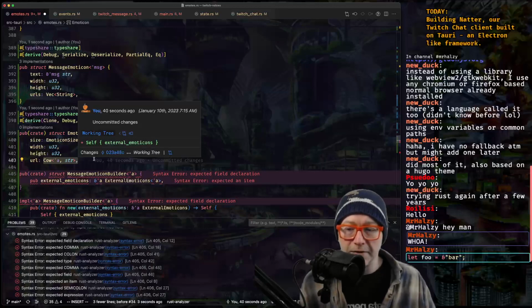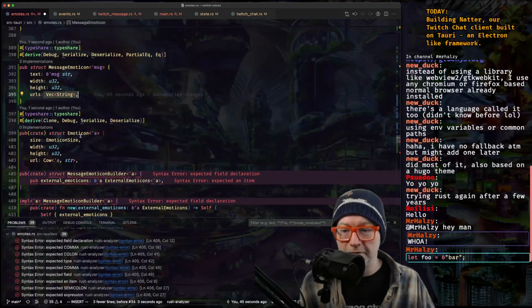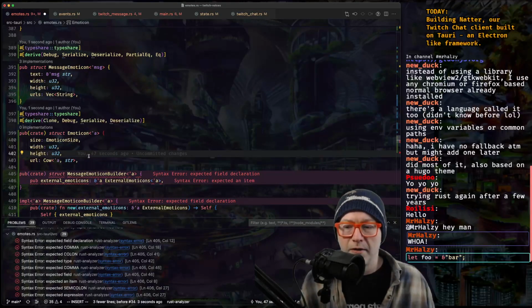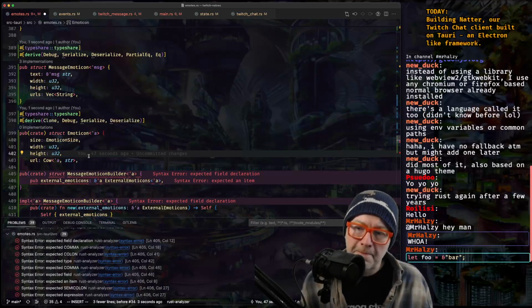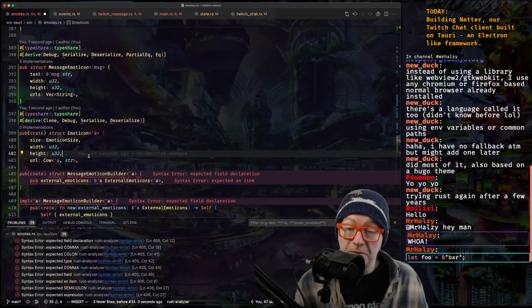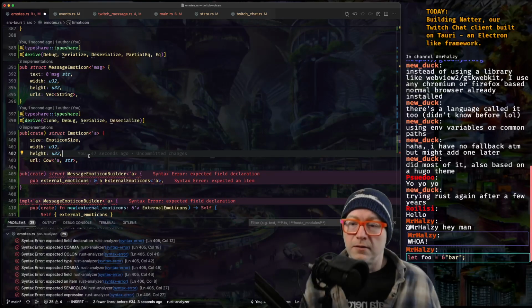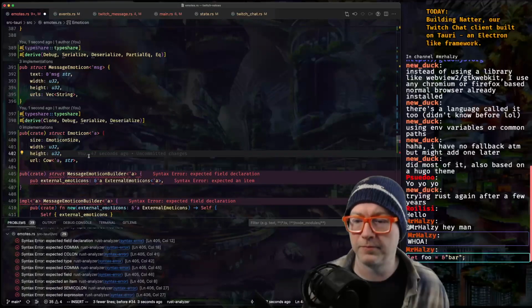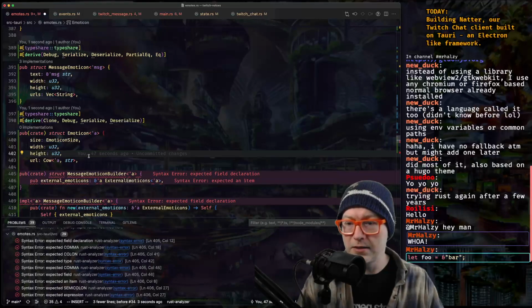We could unify these and just have a vector of Cow strings. Cowster. That would solve that. We also need some sort of theme in here, which is not represented. Let's delete one.